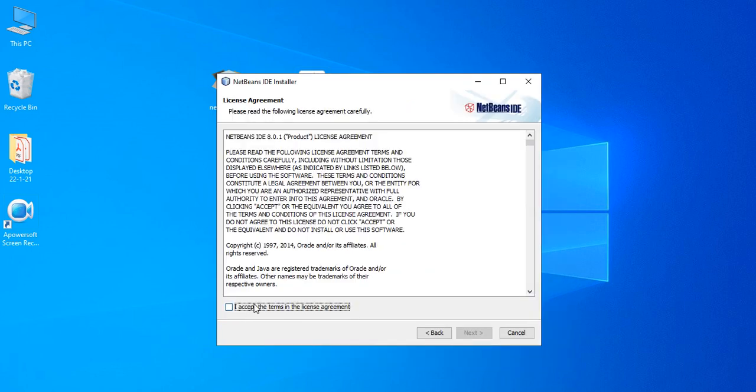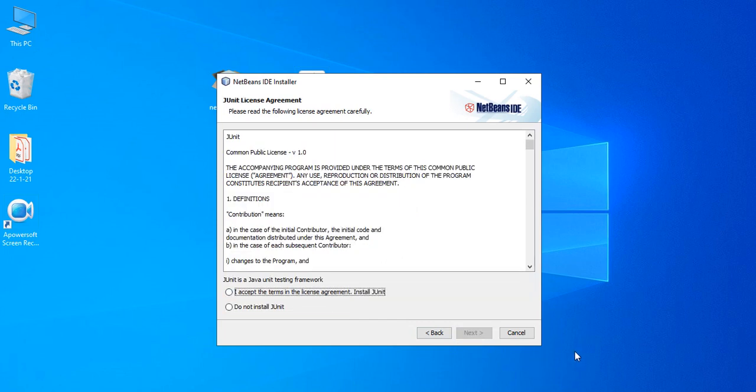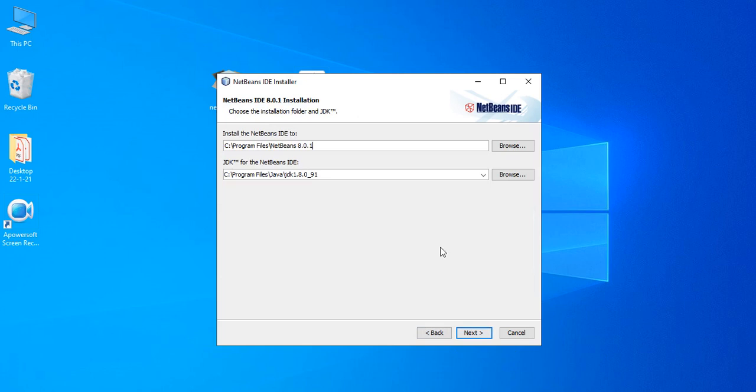Click on next. I accept. Next. Again I accept. Next. Here again it will ask for the directory where NetBeans is going to be installed. If you want to change it, you can change it from here. See, for JDK also it has taken this path.